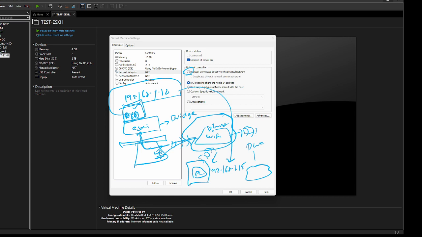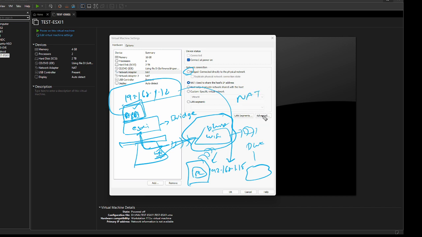Until and unless your physical network has an internet connection and is able to reach the internet, you can send your traffic to the internet via your bridge or via your NAT adapter. It's up to you.